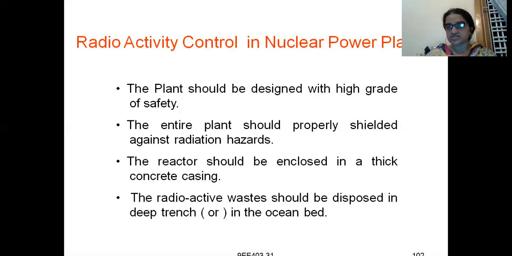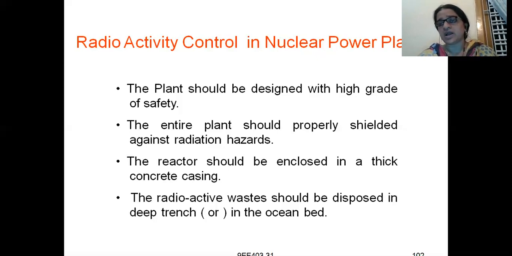I told you when we spoke about a thermal power plant, whatever waste we take, it is not a big problem if you dump it on the ground. It is not harmful. If it is waste, you can dispose of it properly, even in a normal area, and it won't be much risky. Here the thing is, if you dispose of it in a normal place, on the land or the ground nearby this nuclear power plant, it will be very dangerous.